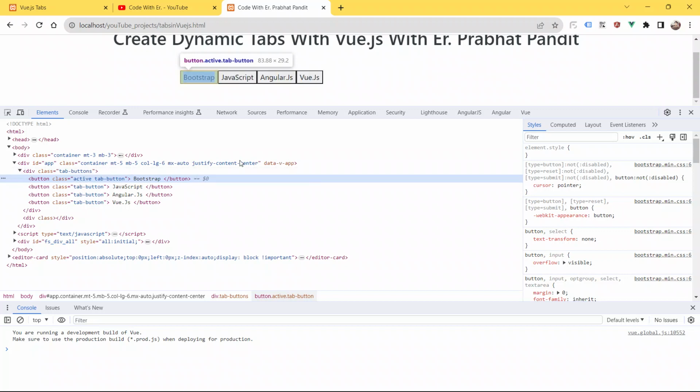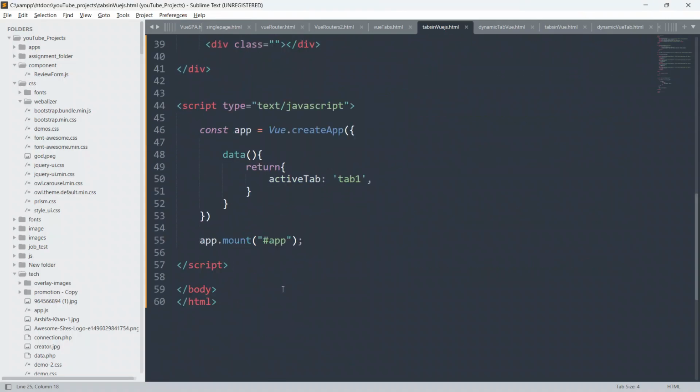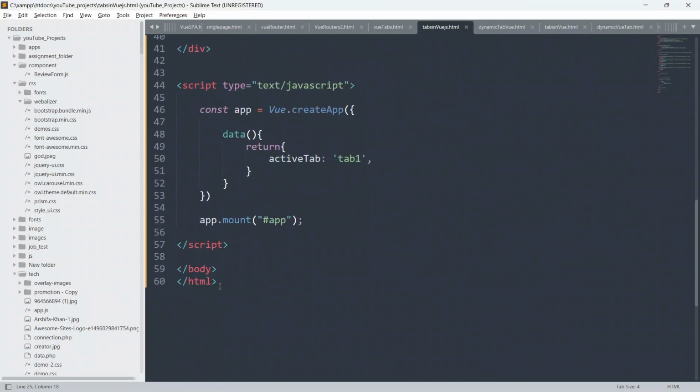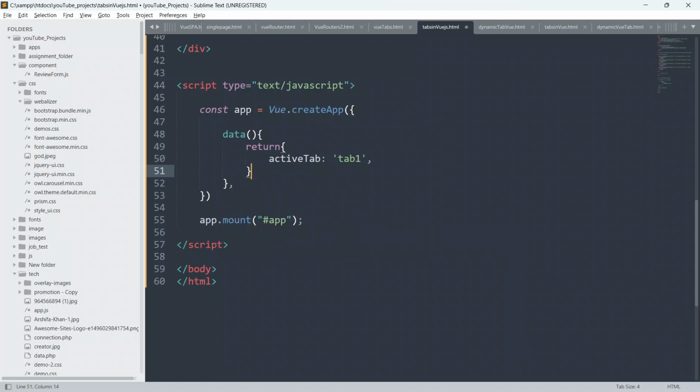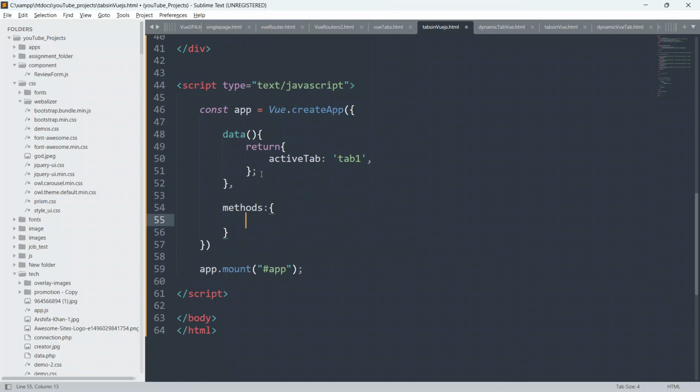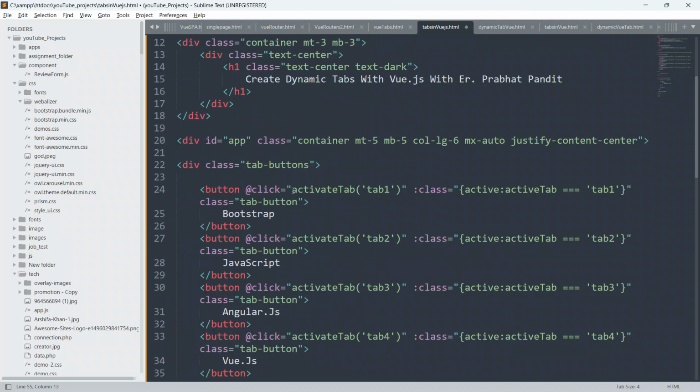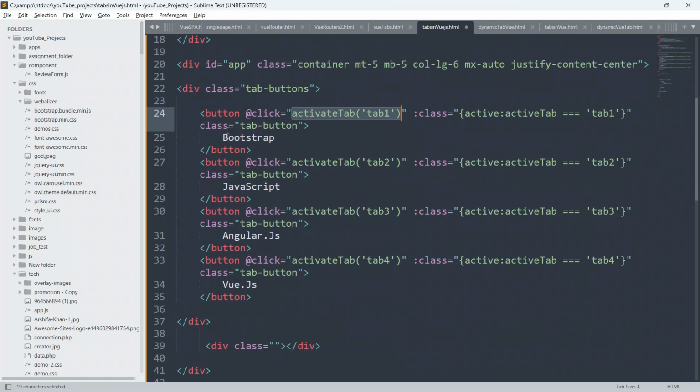Okay, so guys, now we are going to define the content also. So below this, just put comma and semicolon here, and below this I will define our methods also. So put colon and open and closing curly braces, and guys, we will just copy this class method from here, because we are calling it whenever a user is going to click on the button, like first button, second button, third button, and fourth button.